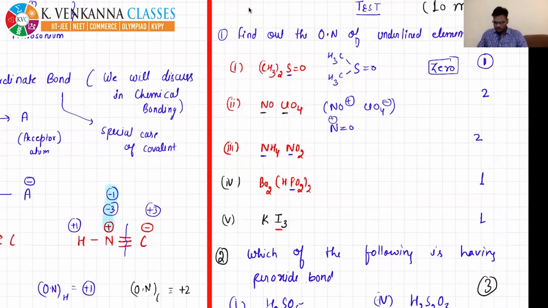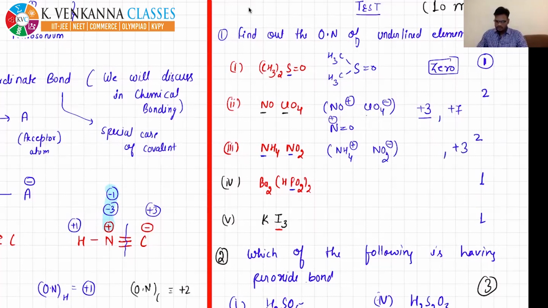So if you break this, nitrogen will get plus 3, and in ClO4 minus, the chlorine will get plus 7. You can solve it, it's not a big deal. In NH4NO2, this is also a combination of two things, ammonium ion and nitrite ion, right? So nitrogen will get plus 3 in nitrite,